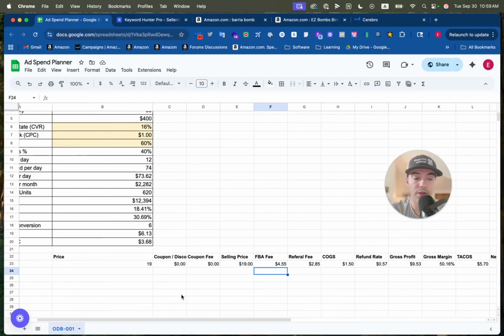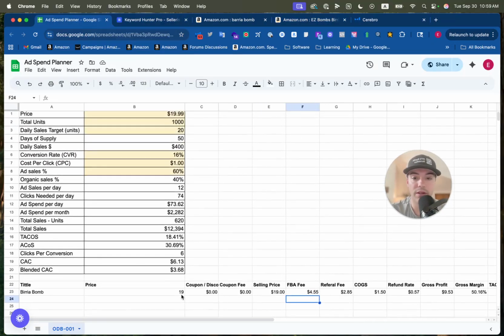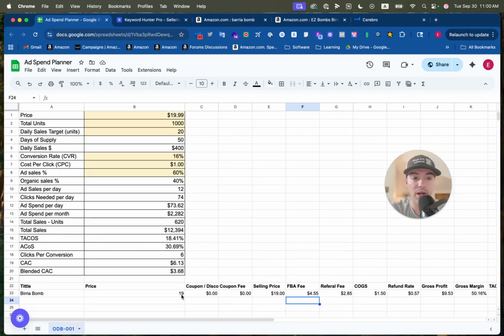Yeah, so you can see the range of possibilities and all the different costs it can be to spend on ads to see how that affects your ROI and profitability during launch and after launch. Now, let's go back up here to the 70% on ads. What does this mean in total dollars? How much money in dollars are you going to be spending? Well, your ad spend per day is going to come to be around $85. Your ad spend per month around $2,600. And all of this is just an output of what's your conversion rate, what's your cost per click, and what's your sales target